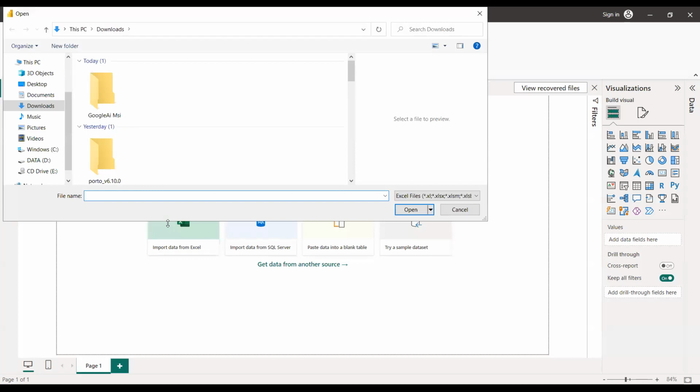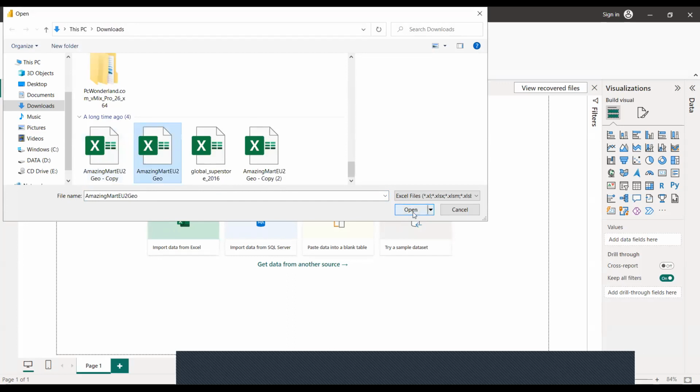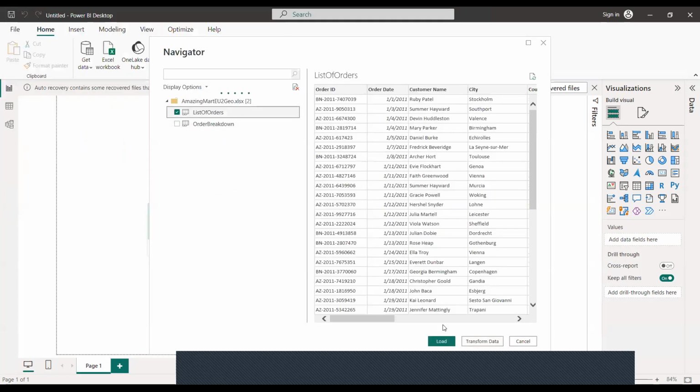Import data. Please, so I'm loading straight ahead.